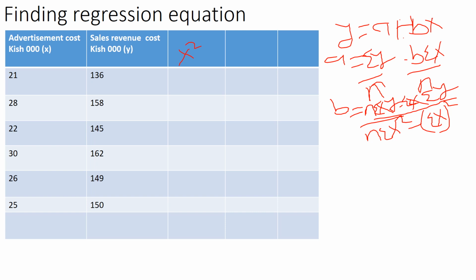So 21 squared gives me 441, 28 squared gives me 784, 22 squared is equivalent to 484, 30 squared gives me 900, 26 squared gives me 676, and 25 squared gives me